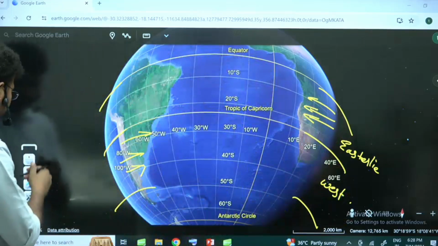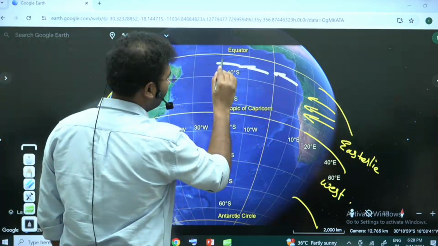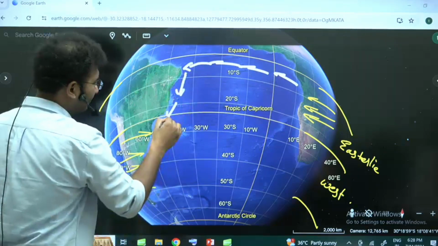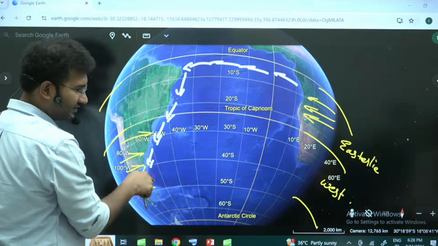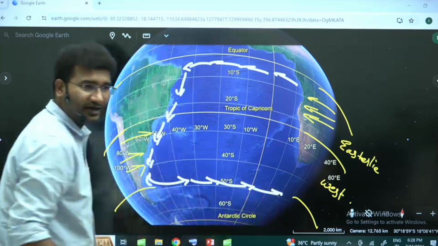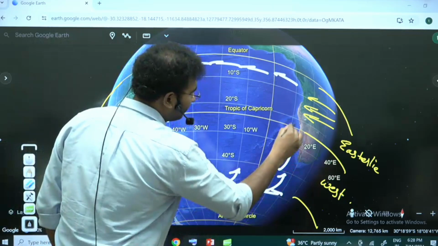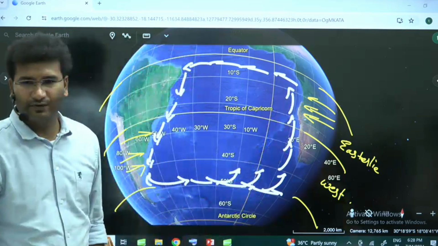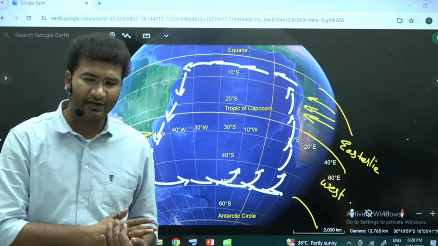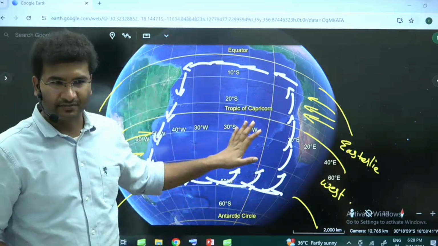Right? Now this will solve the purpose. From here, the water will start to move in this direction. Right? And from here, it follows the path of the coastline. And then, as soon as it enters the westerlies belt, it will deflect. In the southern hemisphere, what is the direction of the Coriolis force? Towards left. That means all this water wanted to move back to the same area. Now this is how one full circulation took place. Here you need to understand where you have upwelling, where you have downwarping, and where you find cold water and warm water, right? Now this is called the South Atlantic gyre circulation, right?